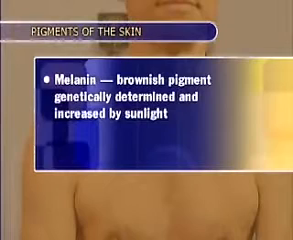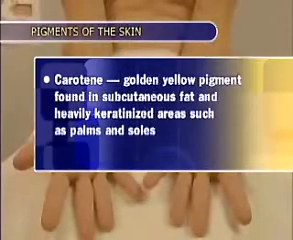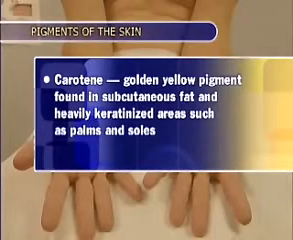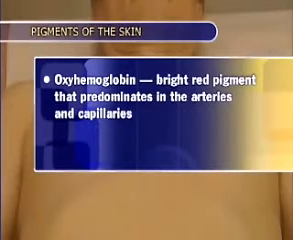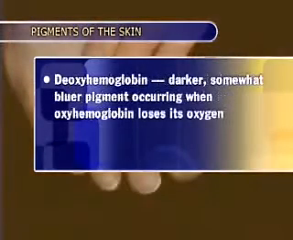The color of normal skin depends primarily on four pigments. Melanin, the brownish pigment of the skin, is genetically determined and is increased by sunlight. Carotene, a golden yellow pigment, is found in subcutaneous fat and heavily keratinized areas such as the palms and soles. Oxyhemoglobin, one of two forms of hemoglobin, is the bright red pigment that predominates in the arteries and capillaries, while